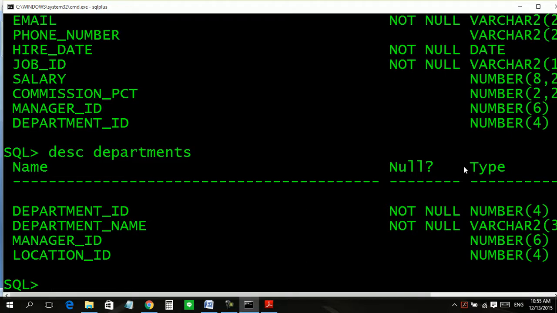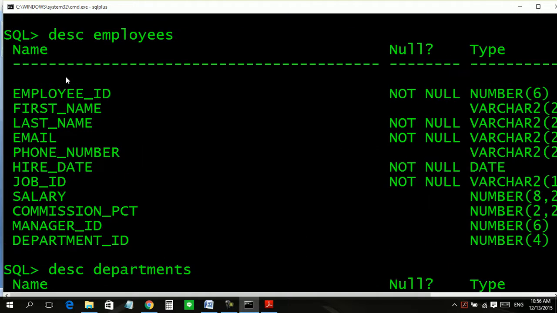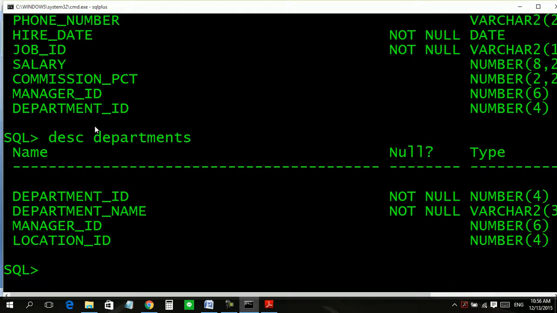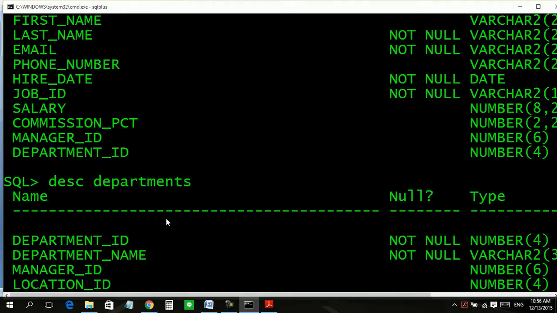For example, if you want to know the name of the employee and his department name, you cannot find this from one table. Why? Look, the name is in the first table, employees, and the name of the department is in the second table, departments. Now look, what is common between them?